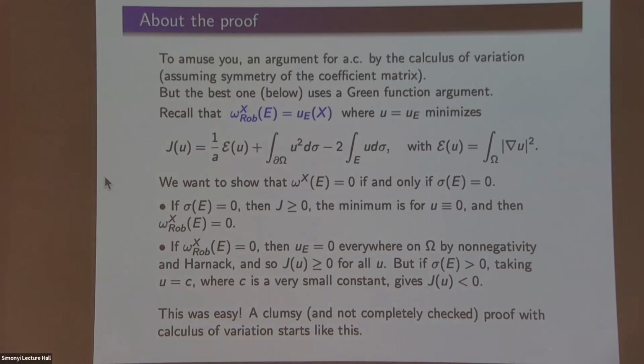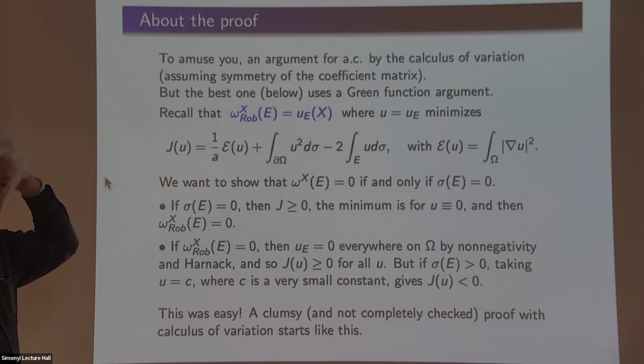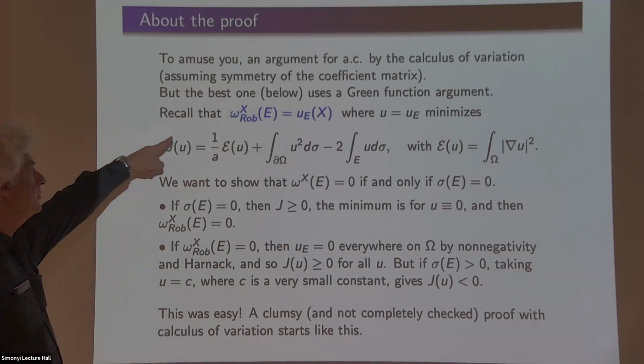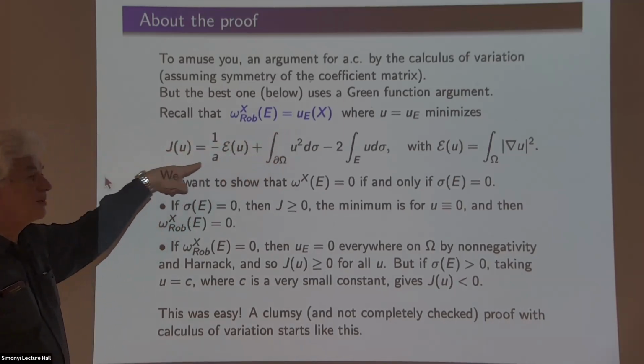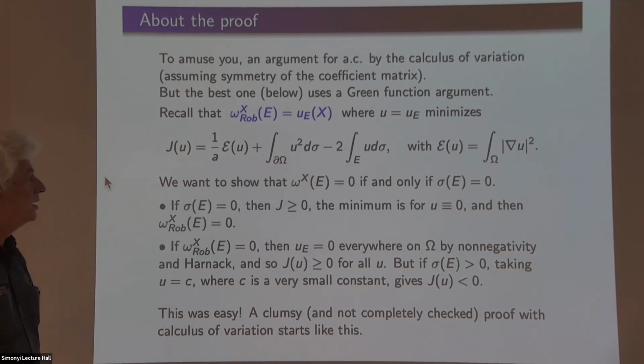Unfortunately, I thought that with this thing here and quantifying everything, I would get a proof of the result. And it turns out that I can't do it correctly. But there is another argument which was given to us. So remember, this is the solution. This is the minimizer of this functional. And I want to say that the two measures are absolutely continuous with respect to each other.